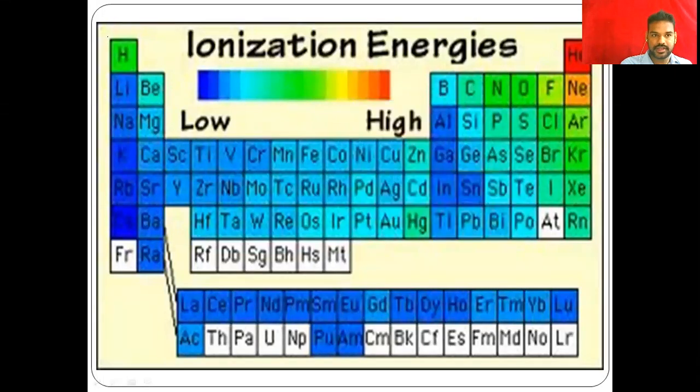As we discussed, the first two blocks are the S block elements, and in the middle we have the transition elements, the D block elements. Next, after the S block and D block, comes 13. So why is 13 the beginning of the P block? It is 13 because the first two groups are S block.